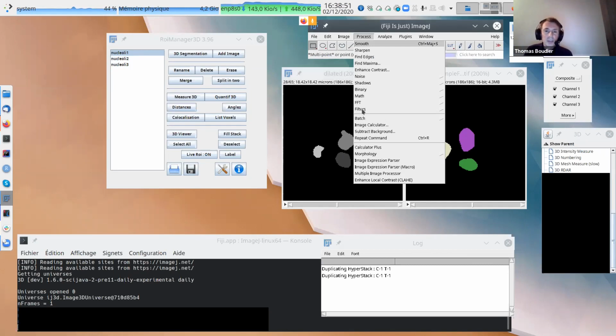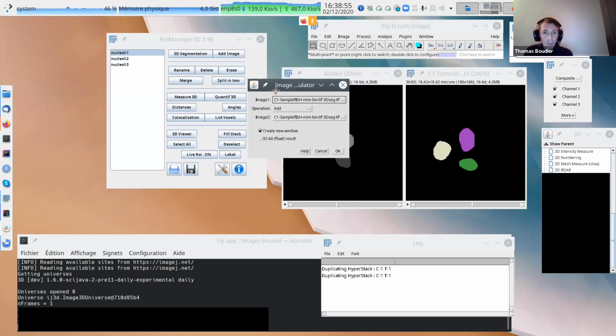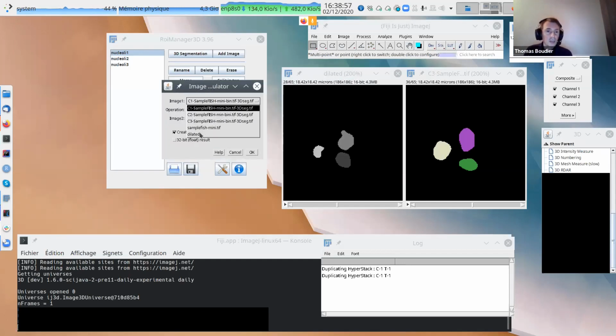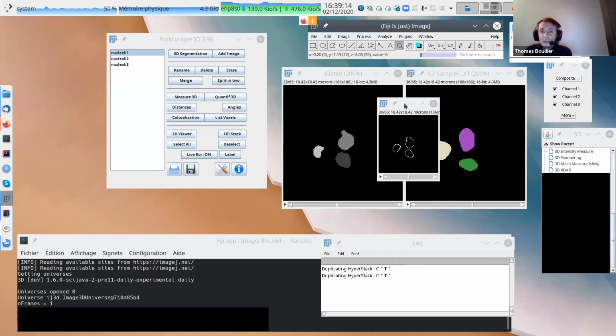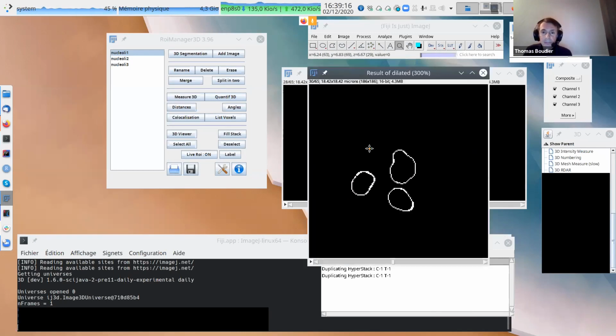Process, image calculator, and then I do deletion, subtract, easy as this, subtract C3. Create new window. Okay. So actually it's the contour. This is what we wanted. So now we have only the contour.